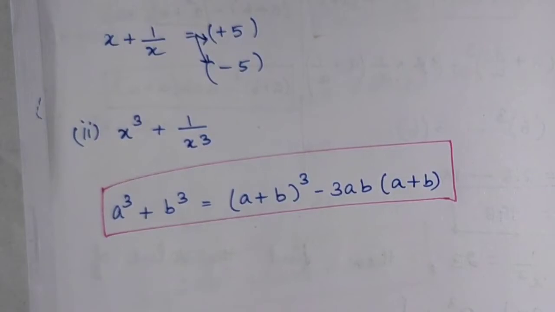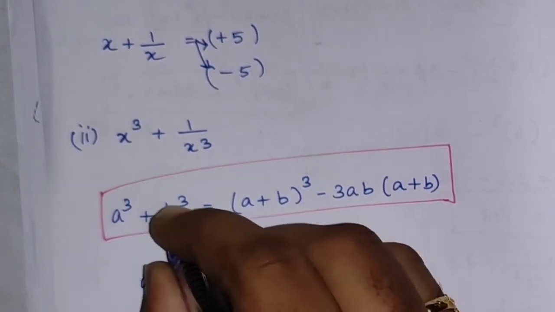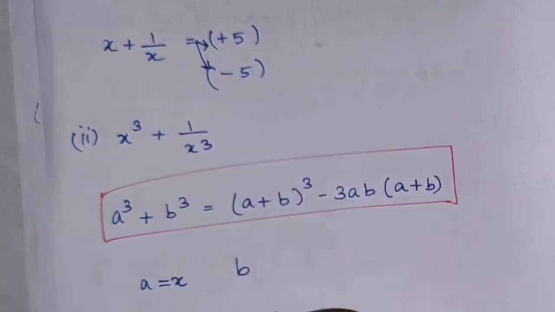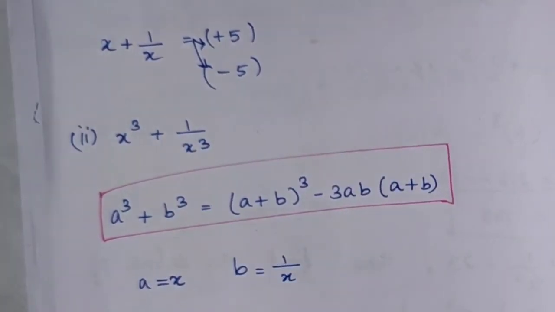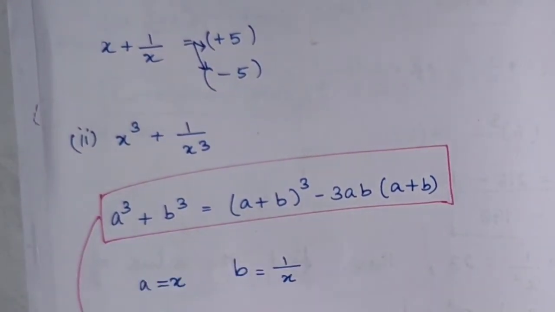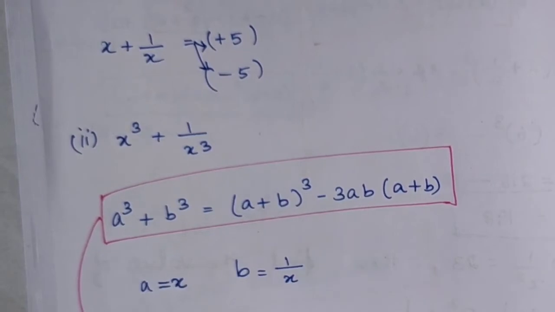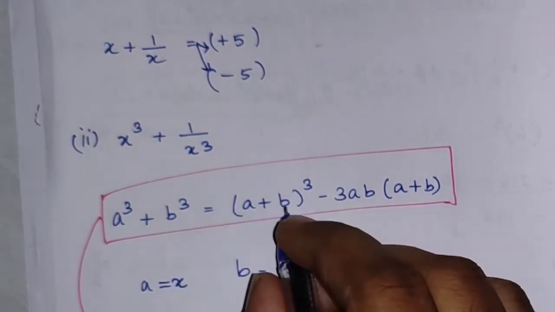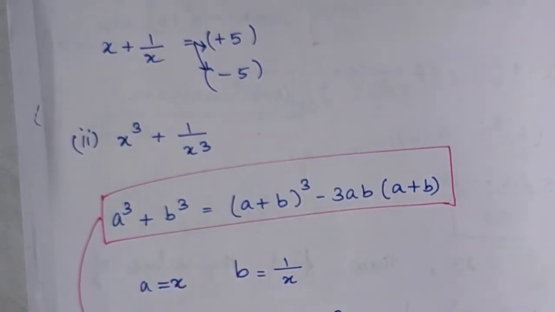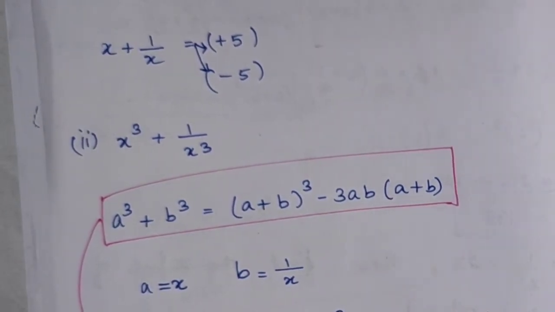Okay, in the place of a I am having x, and in the place of b I am having 1 by x. It is like 1 cube by x cube, so it is 1 by x. b is equal to 1 by x. Therefore x cube plus 1 by x cube is equal to x plus, in the place of b substitute 1 by x, the whole cube, minus 3 into a, which is nothing but x, and b is 1 by x, into x plus